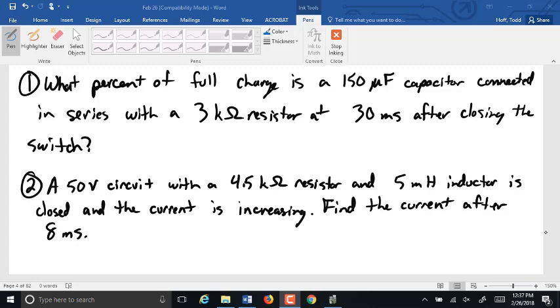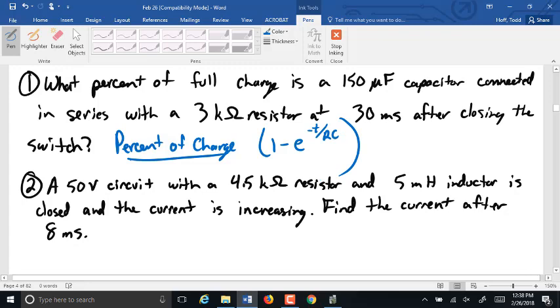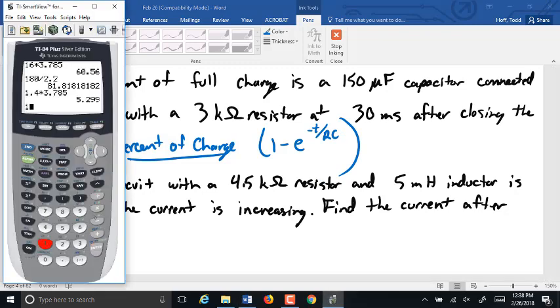So technically that percentage of charge can actually be found without having the initial voltage. It is just that constant of 1 minus e to the power of negative t over tau. Remember, tau is RC. So for this problem, it's 1 minus e to the x. We're going to put in negative, our time is 30 milliseconds, so 0.03, divided by, we're going to put this in parentheses, R is 3 kilo, so that's 3,000, times 150 micro is